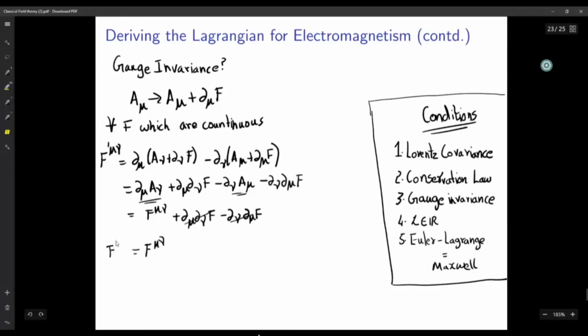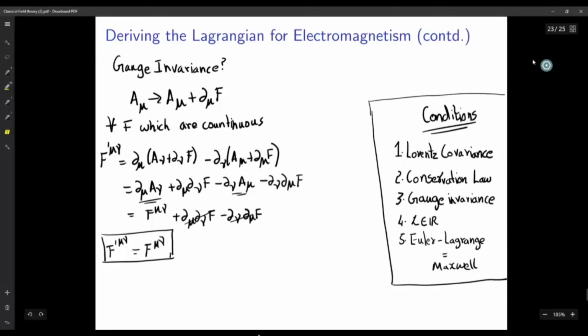So F prime mu nu is just the same as F mu nu. Hence, this is indeed a gauge transformation, and this is also displaying gauge invariance, I would say, because when I transformed the potential, when I made a small displacement of the potential, it didn't change the structure of the Faraday